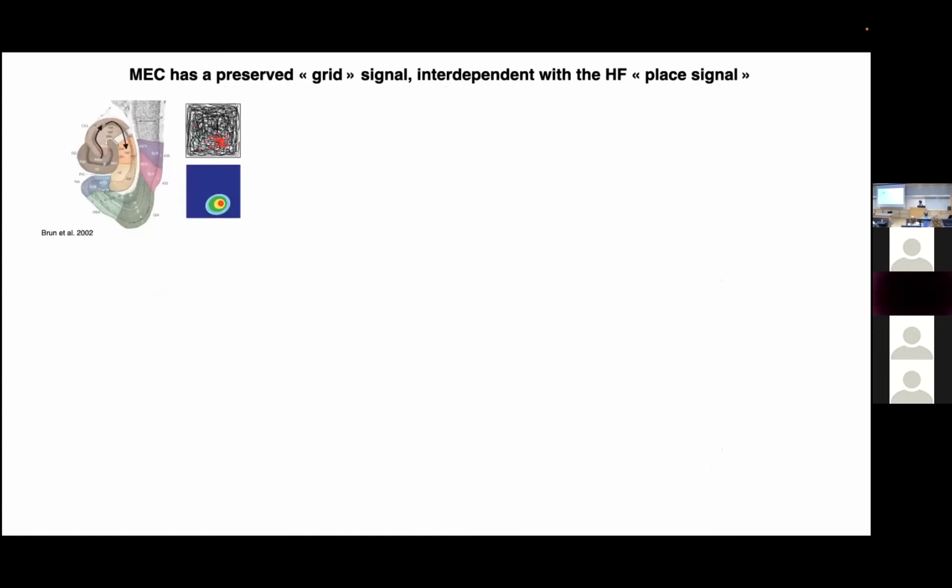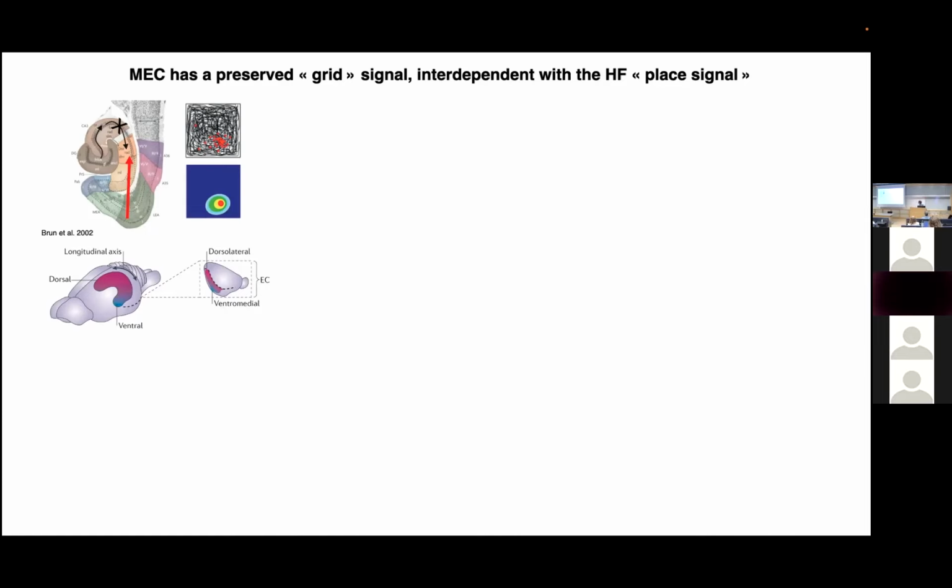Now we know that this signal is not generated within the hippocampus. You can basically section the fibers between CA3 and CA1. It has been done already in Trondheim. And the place signal does not disappear. And it was basically the finding that led people to reevaluate that the inputs relevant for the place signal might come from the neighboring entorhinal cortex. And we know there is a gradient of distribution as well, going from the dorsal part of the entorhinal cortex in rodents to the ventral part, that also follows the same hippocampal gradient. It holds true for humans as well.